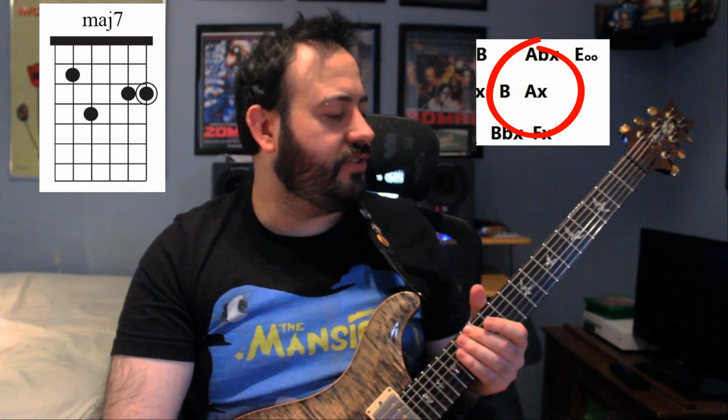So that whole section sort of sounds like this so far. We get the 4 measures of E Dorian, and then back to the 4 measures of E Dorian. Then